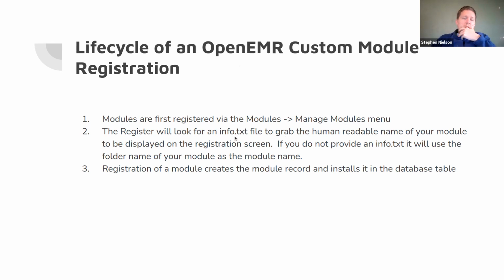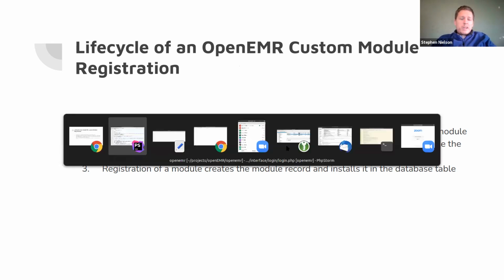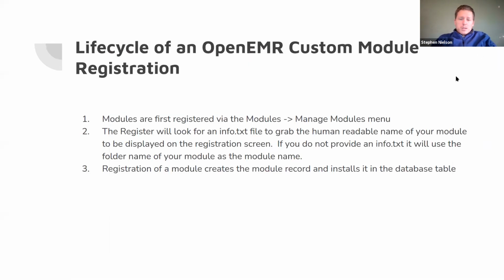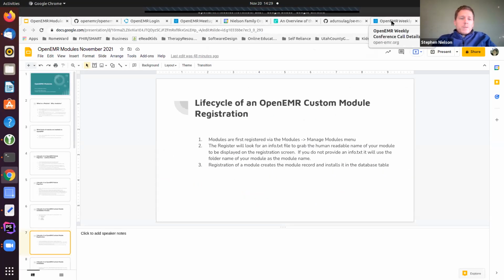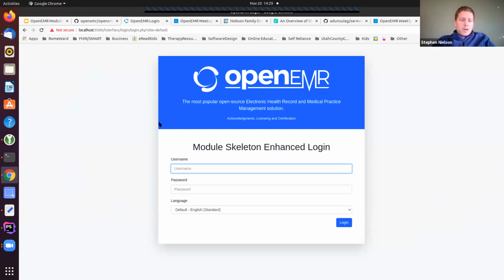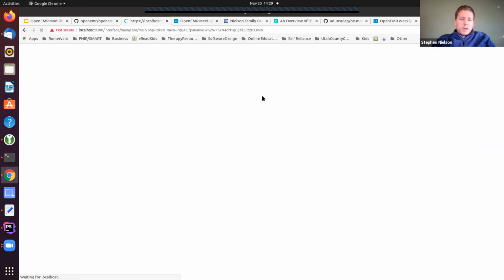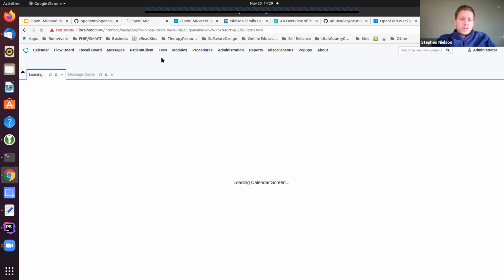And that info.txt file is going to grab the human readable name of your module, and that's what gets displayed on the registration screen. So if we come here and look at our module registration, which, I blew away my Docker image, so that's why we're here.